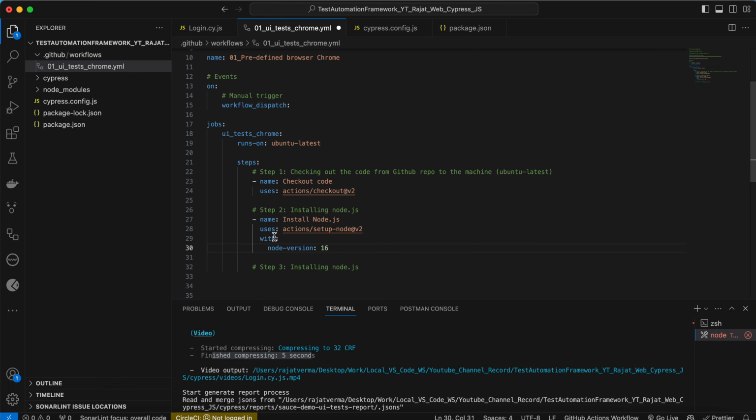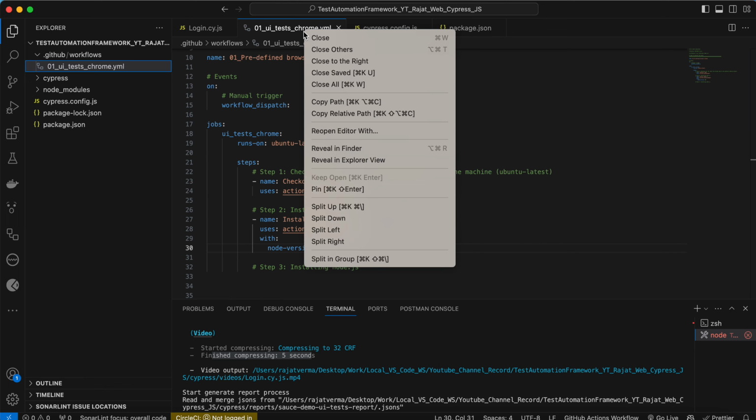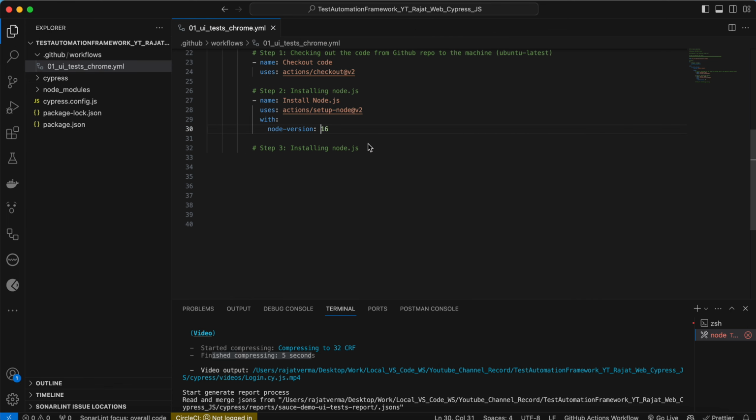v3, and you see it has a proper format, like you have to properly maintain the indentation, and even the spaces are very important to give. You see, this YAML file has its own proper structure, so you have to be very careful while writing these files. Okay,